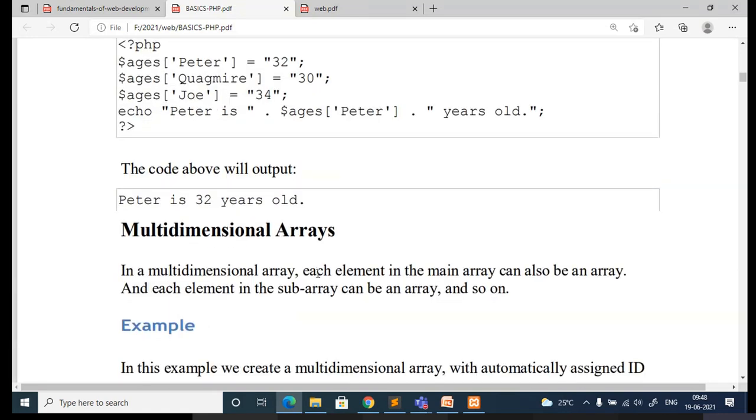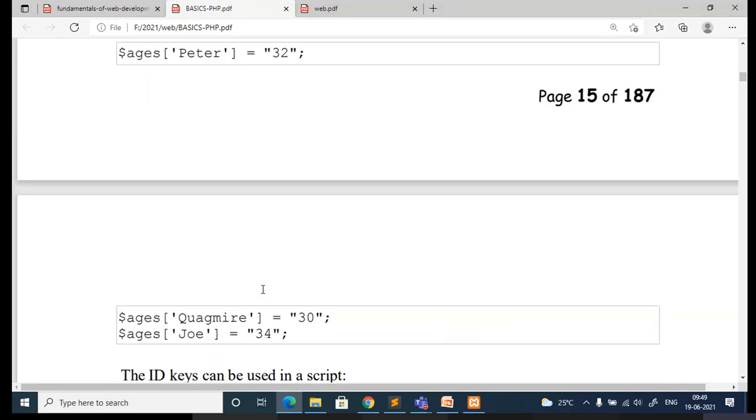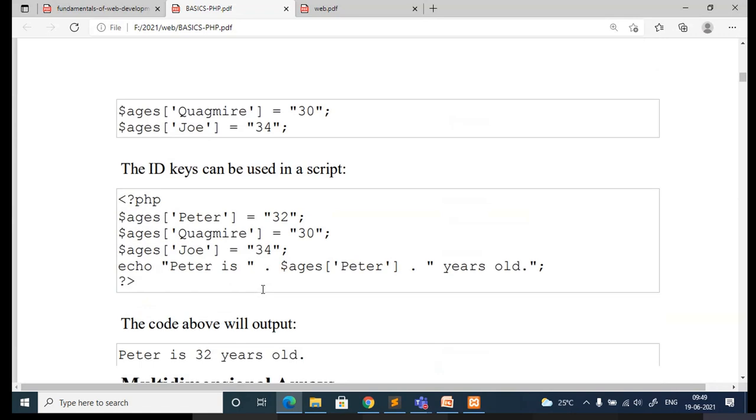Can you do that program by yourself? Here it is name and age. I want you to write a program to create an array containing student name followed by the grade. In PHP, try to access it by specifying the student name, and you should be able to access the grade assigned to that student.